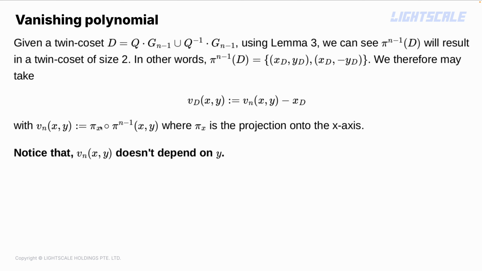Wouldn't all twin cosets result in a y and then a minus y? All twin cosets? Yes, all twin cosets will result in this. Then why do we go until pi to the n minus 2? Oh, here there are many points, right? There are 2 to the power of n points total in this whole union of 2 cosets. If you take one quadratic mapping, it's going to be 2 to the power of n minus 1, and if you take it n minus 1 times, then the result is going to be just 2